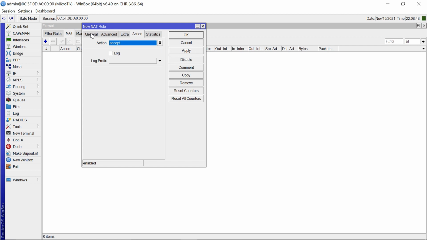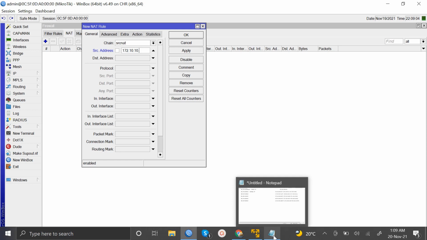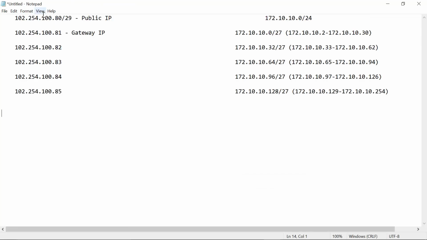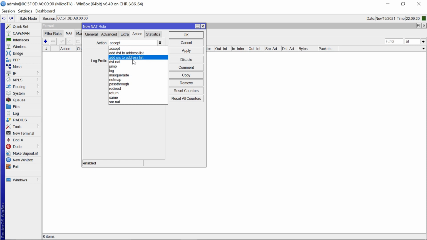You click on add, general, this is going to be a source NAT, and our source address is going to be 172.10.10. Let's see, where are we starting from? 0.0/27, and then the action here is going to be source NAT,